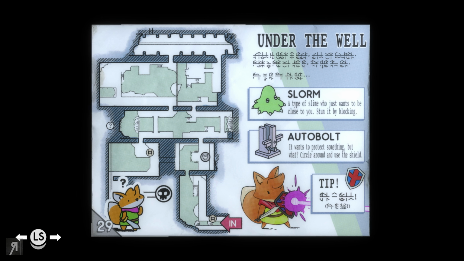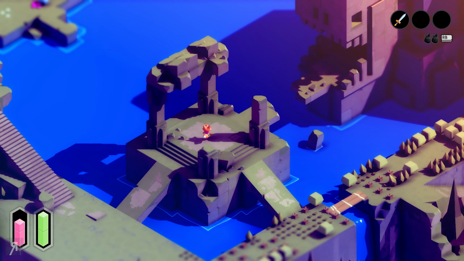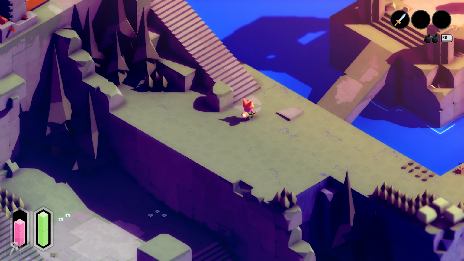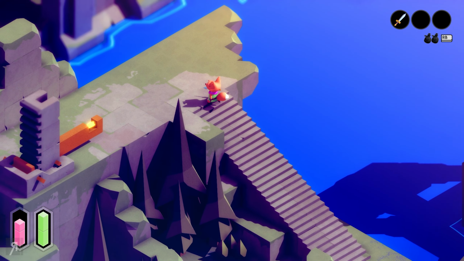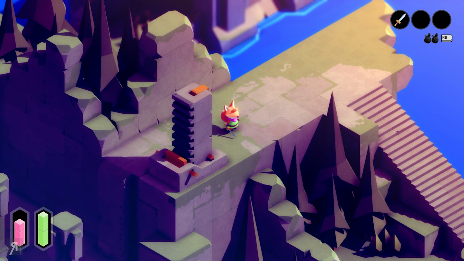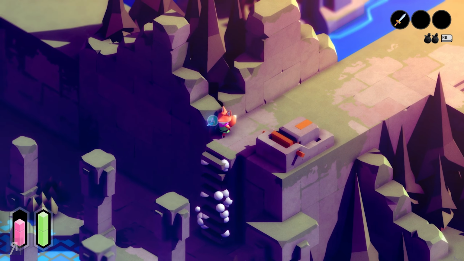There's an underground cavern of some kind, and we're going to obviously be able to fight and find these various things. For example, there's a slorm, a type of slime who just wants to be close to you. Stun it by blocking. It wants to protect something, but what? Circle around and use the shield. Alright, yeah, the auto bolt. Okay, so that means that we need the shield, right? That means that we need the shield to be able to explore in that particular area, and that is highly recommended. So, what better way than to continue exploring, continue solving these mysteries, these various puzzles, and I absolutely love